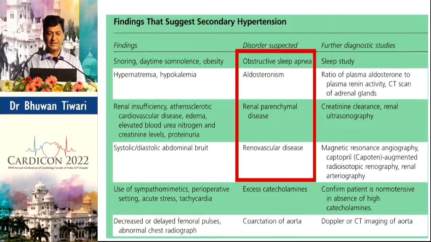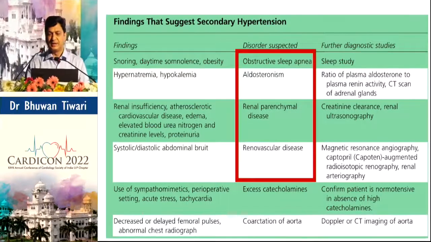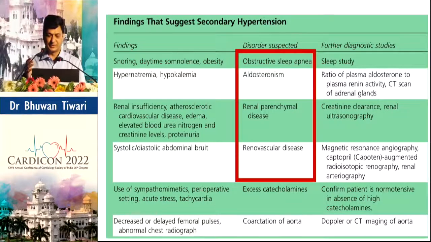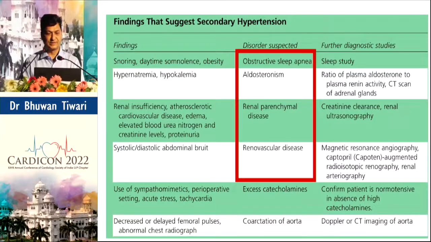So now I said obstructive sleep apnea. This is one of the important causes of secondary hypertension. The clues are snoring, daytime somnolence, obesity. Then for the confirming test, polysomnography can be done, and if it is confirmed, apart from the other medication, we'll have to give CPAP, which is helpful and goes a long way to control the blood pressure in these